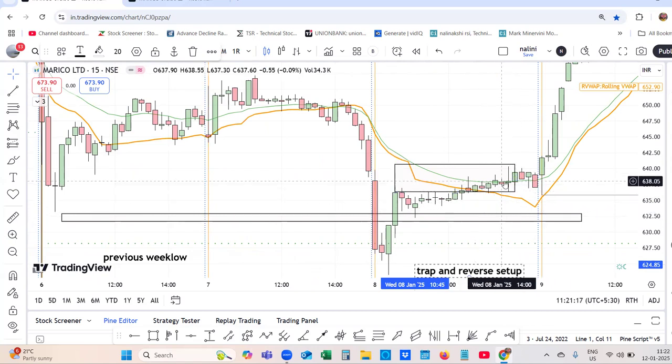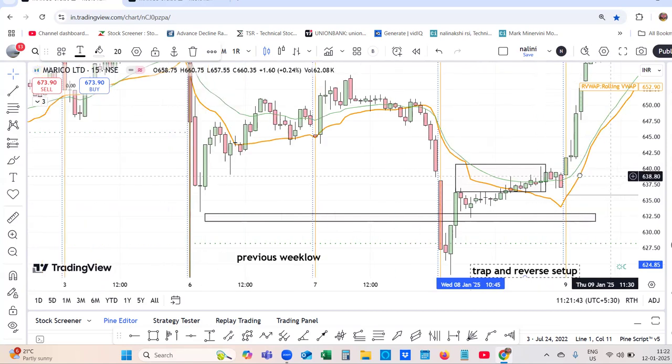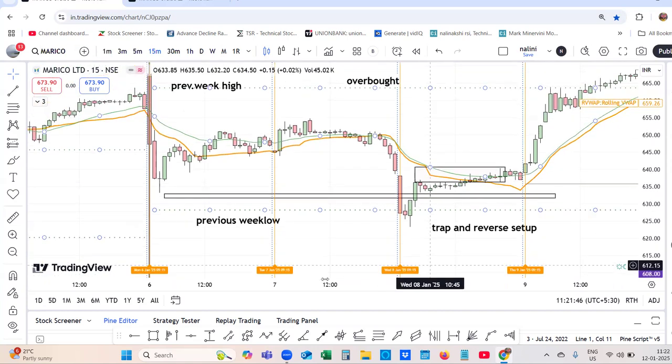Also, this is the 20 period moving average, and the volume weighted average price is also for 20 periods. So naturally the volume is supporting, and the 20 period moving average is also above the rolling volume weighted average price, and the price has climbed above that. So this is the setup, and also